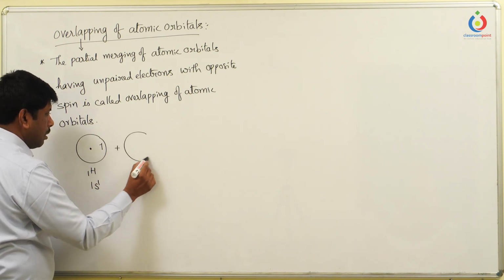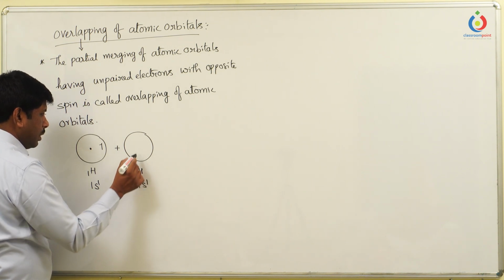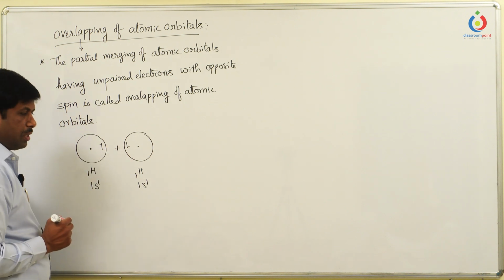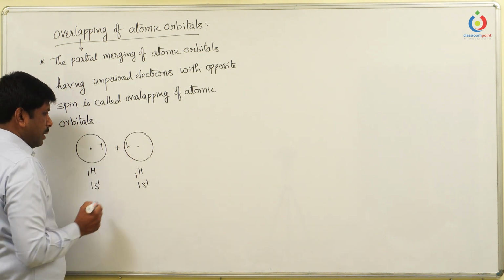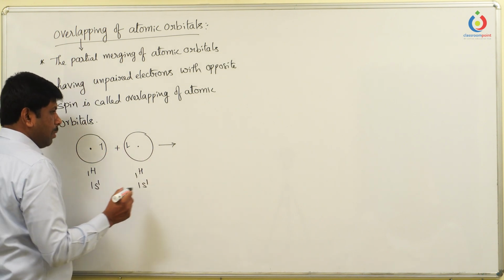Let us take one more hydrogen with 1s1 electronic configuration, so the atomic orbital must be half-filled, that too with opposite spin. So when they come closer to each other to form a bond,